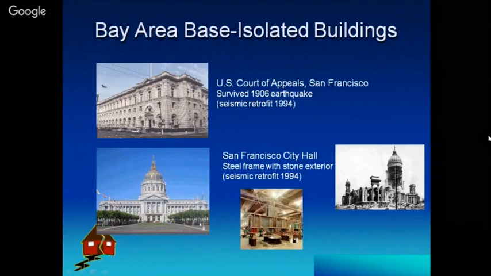They have base isolated huge buildings, as you can see here in the figures, the Bay Area base isolated buildings, which is a very huge building, approximately 100 meters to 300 meters in area. You can just imagine the hard work, expertise and labor that would have been required to base isolate this building. In the middle bottom figure, it has been shown what the procedure is. They have removed a part of the foundation,